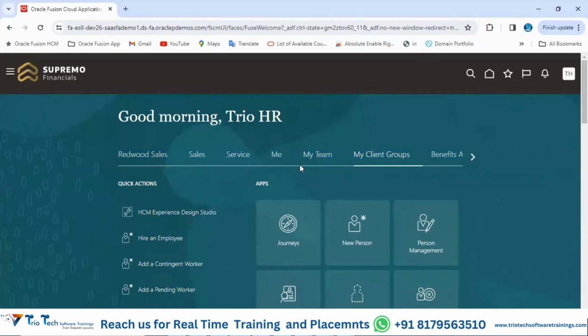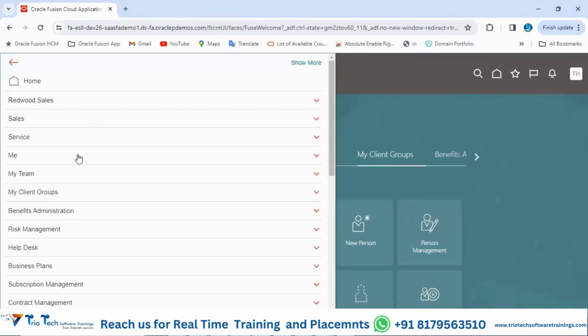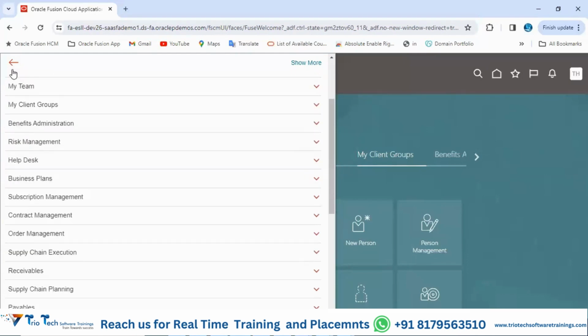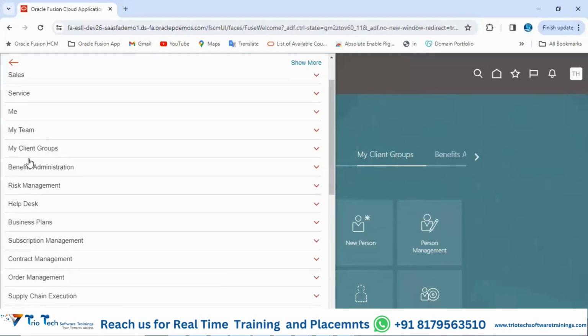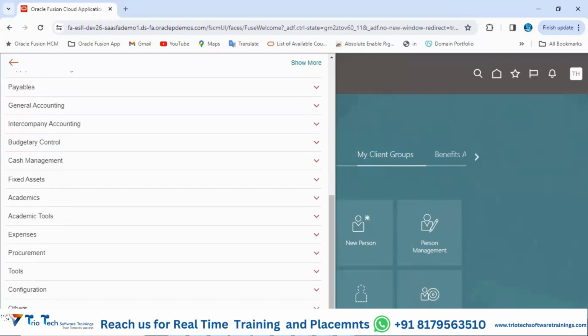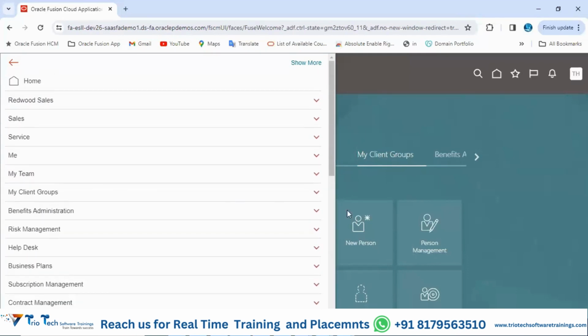The same functional areas and sub-functional areas, I can find in the navigator also. If I click on navigator, a bar will open towards the right. See, a bar opened up. Same options, the functional areas, Redwood sales, service, me, my team, my client group, whatnot, everything you can see. And if you expand,